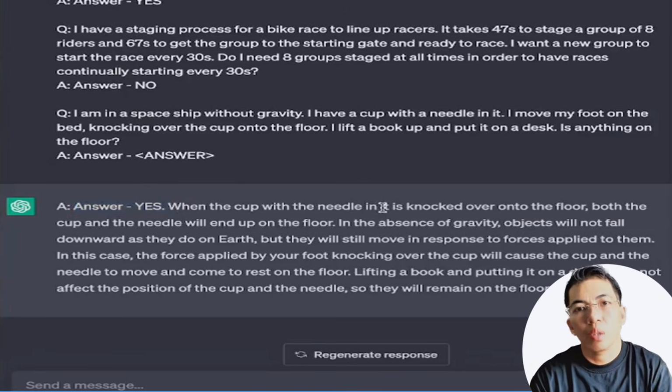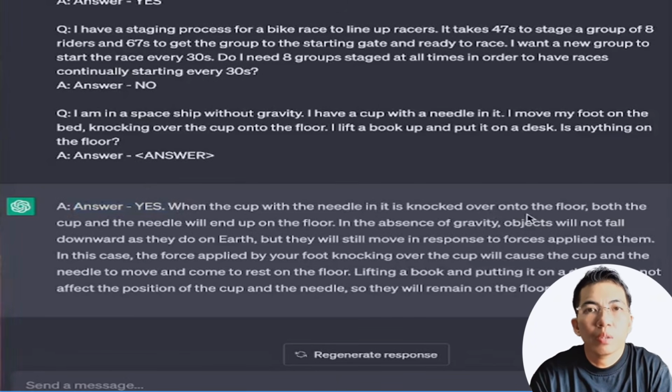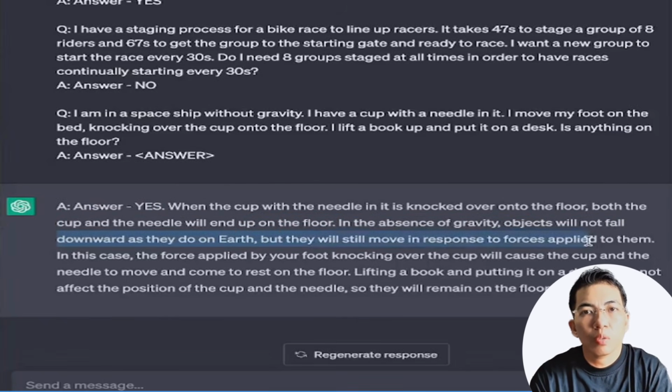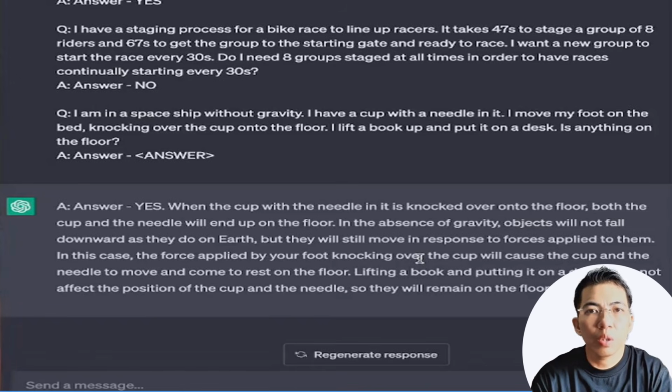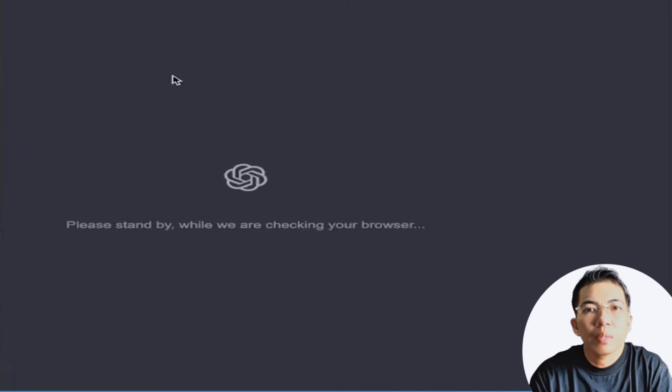When the cup with the needle in it is knocked over onto the floor, both the cup and the needle will end up on the floor. In the absence of gravity, objects will not fall downward as they do on Earth, but they will still move in response to forces applied to them. In this case, the force applied by your foot knocking over the cup will cause the cup and the needle to move and come to rest on the floor. Lifting a book and putting it on a desk does not affect the position of the cup, so they will remain on the floor. So it says, yes, there's going to be something on the floor, the cup and the needle. Now, let's look at the same example